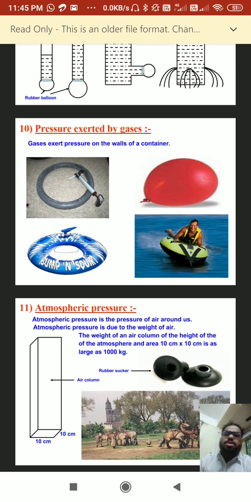These are some of the topics: force, pressure, types of forces, frictional force, that you have to go through. Once again I revise: liquids and gases exert pressure in all directions. We have 2 activities. The first is that when you want to show that liquids exert pressure, you put a balloon beneath the cork or beneath the test tube which is filled with water. And if you want to show that pressure increases with depth, you can give the example of 3 holes made at different heights in a bottle. Water from the lower height falls to a greater distance and water from the top height falls to the minimum distance. Because the lower hole has more depth, the pressure is more. So these two activities you can write. I will send them on Google Classroom also.